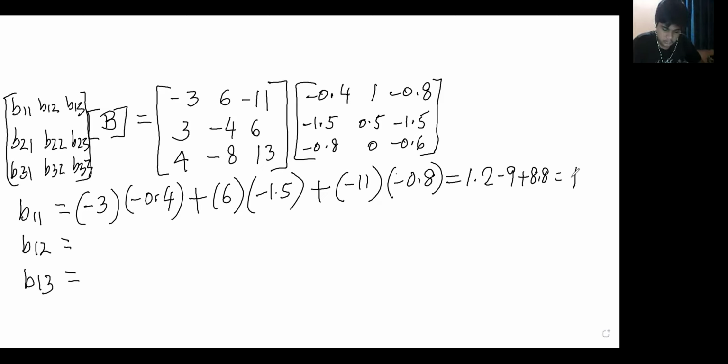See, first number, minus 3 into 1. First row of the first matrix. Minus 3, multiplied by the second column of the second matrix. The first number refers to the first matrix, minus 3. The second number refers to the second matrix, 1. So what will you multiply? Minus 3 into 1. Correct.